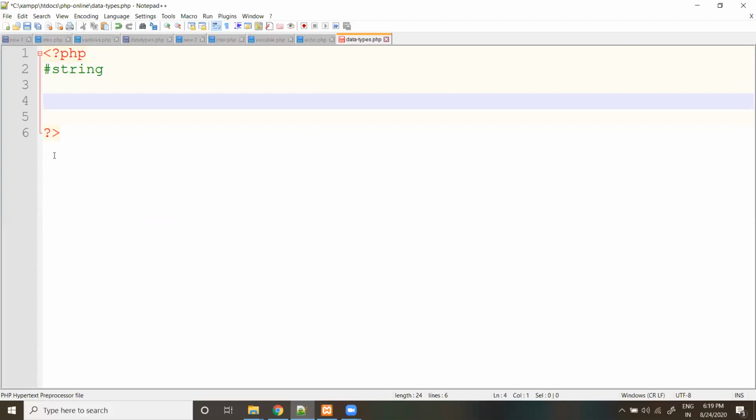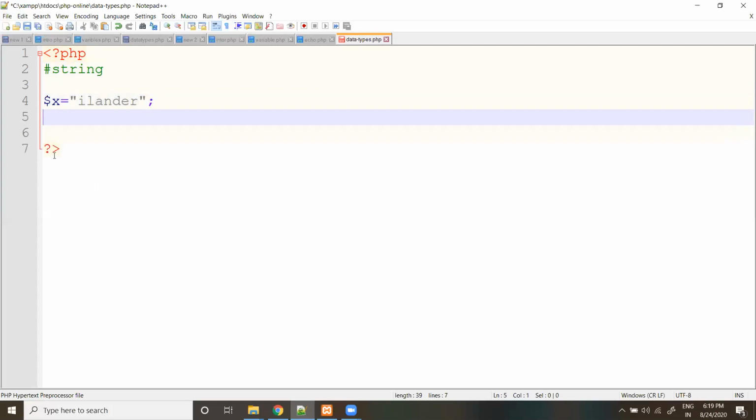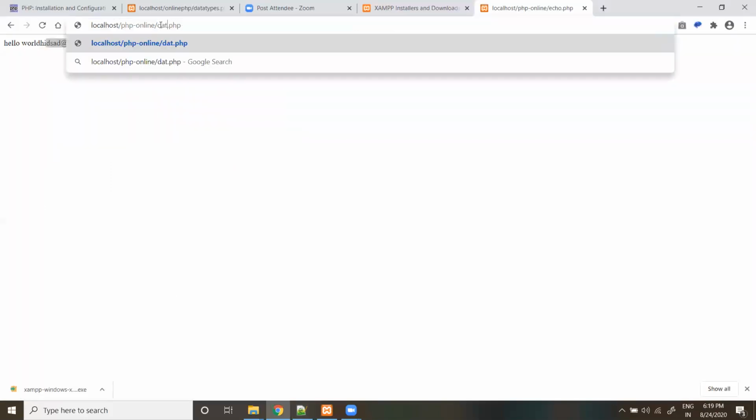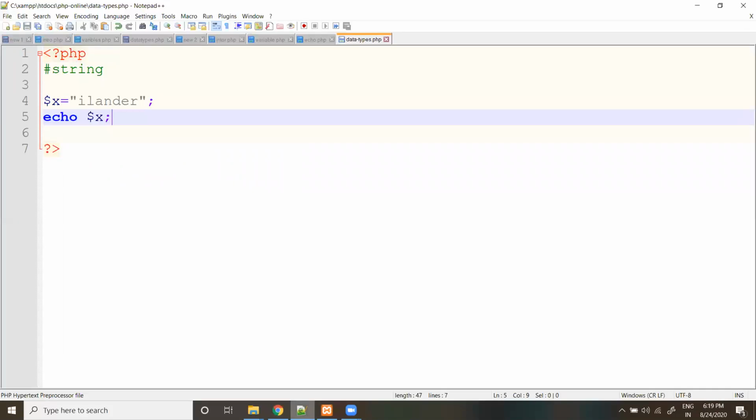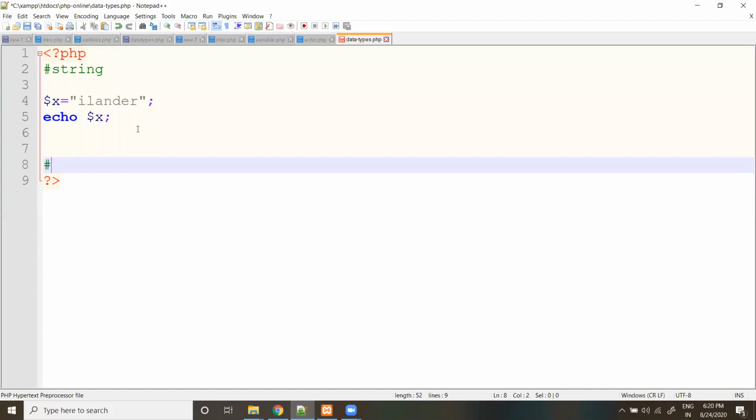For this, I'm declaring one variable. Just echo $x. It will print the statement, right? Highlander. Okay. And then the second one is integer.